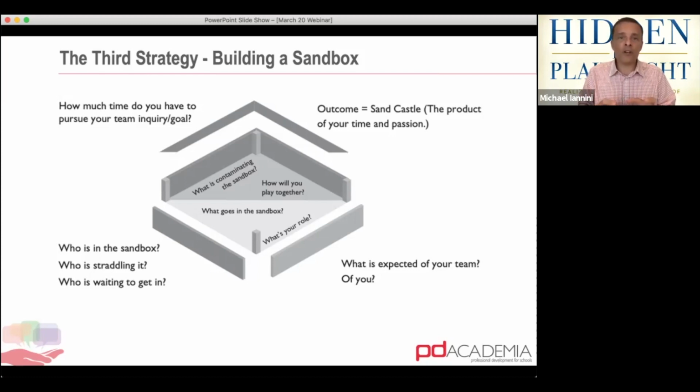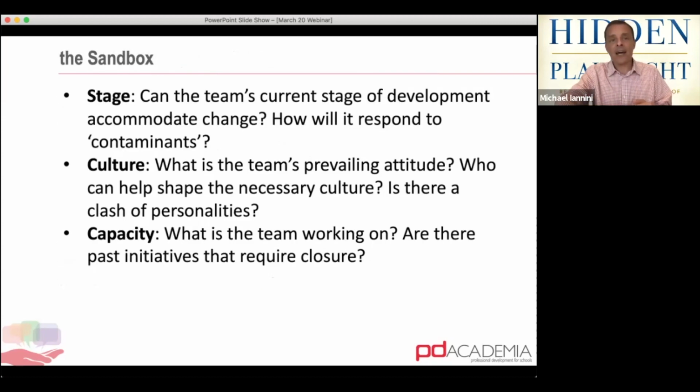Now, it's very important to understand that within our sandbox, maybe not everybody is going to be able to fit in it. It's important to understand one key principle from the book, 10-20-40-20-10. I have it here at the bottom of the slide. It's a bit of a tongue twister. This rule of thumb is based on the fact that within our schools,